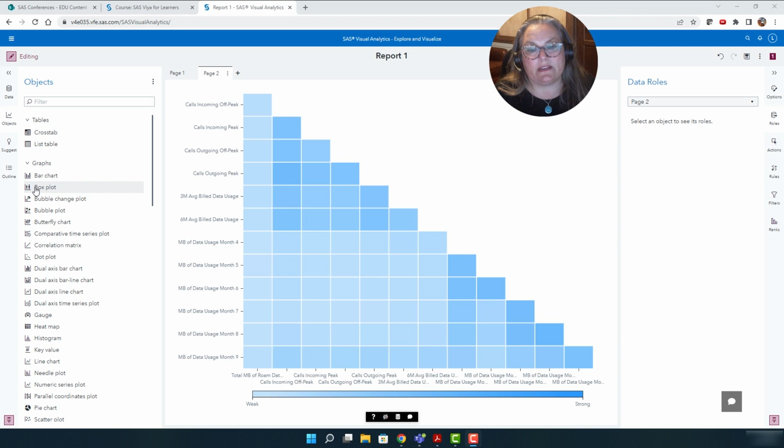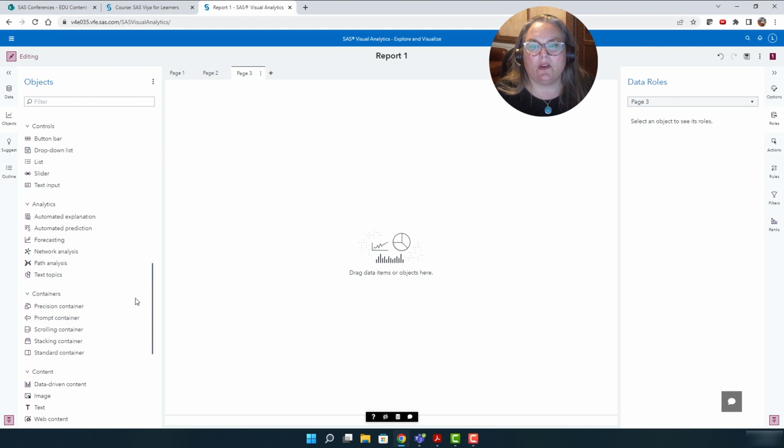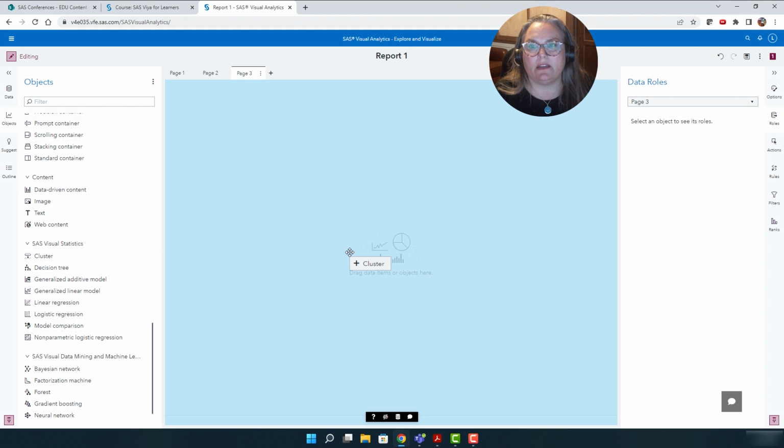Our goal for this session, though, is to investigate visual statistics. So I want to move ahead into visual statistics, and we will start with our unsupervised model, which is cluster. So our cluster model is our only unsupervised model.